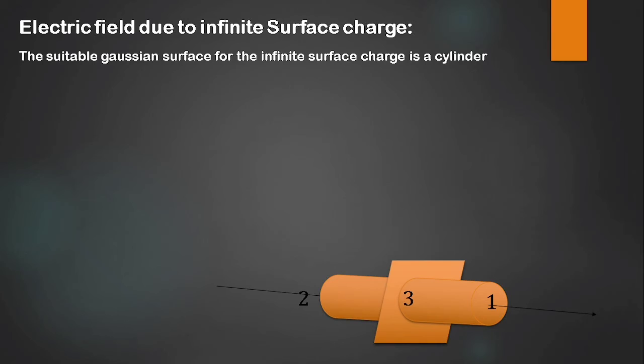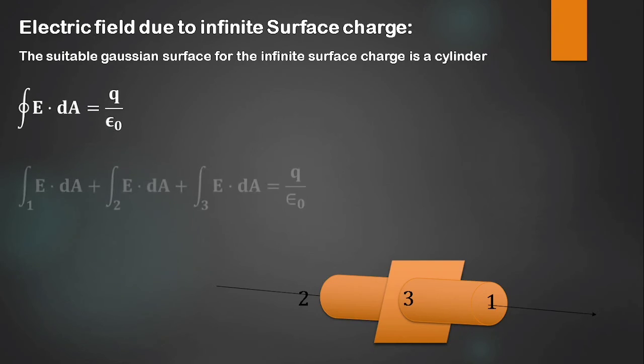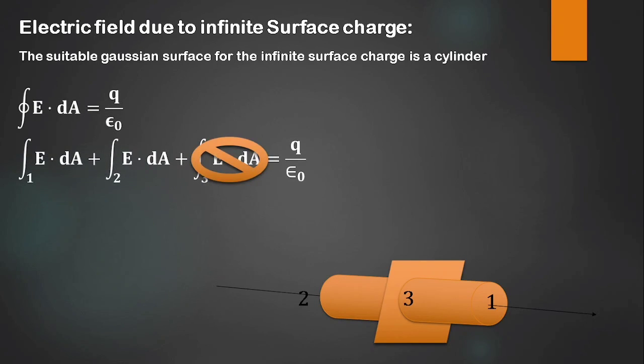Now we will talk about the electric field due to an infinite surface charge, and the suitable Gaussian surface here is the cylinder. So as usual, we will begin with Gauss's law, and as shown we will have 3 integrals. The third will be cancelled because it makes an angle of 90 degrees with the perpendicular of the area. So by simplifying the other 2 integrals, we will reach that 2EA equals Q over epsilon naught, and since